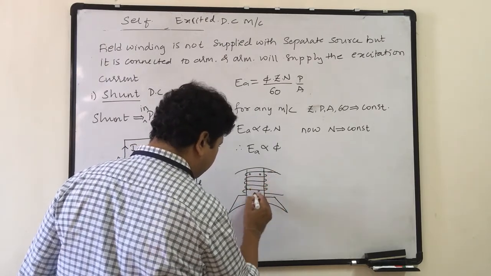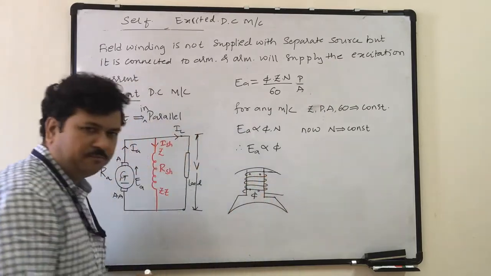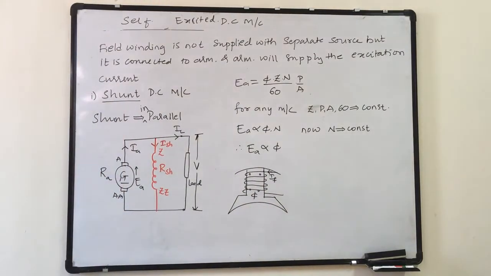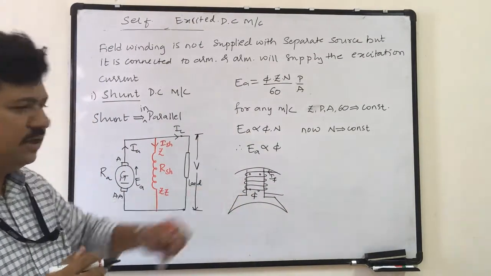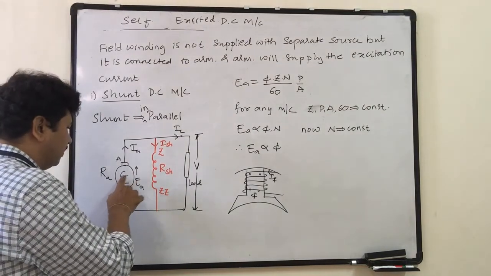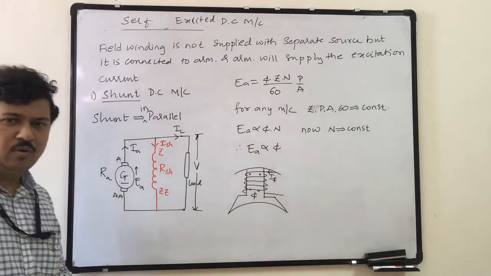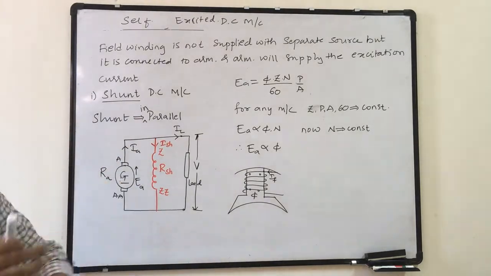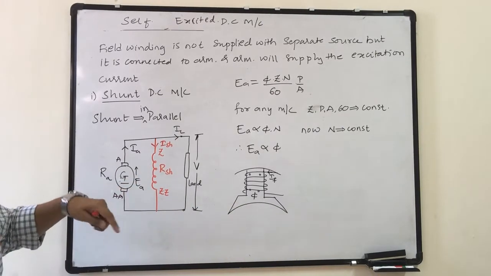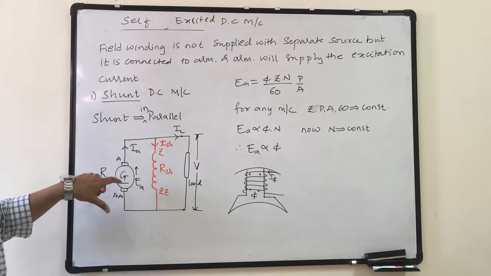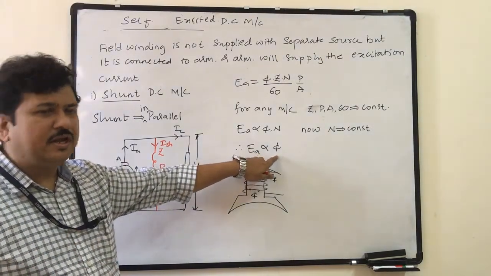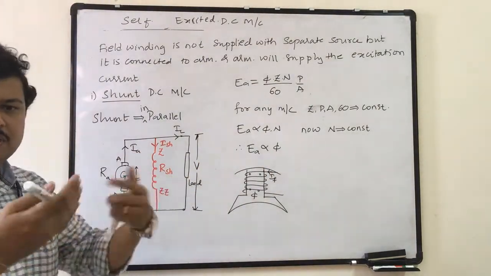Okay, so to produce this flux phi by this pole, there should be some field current IF, whether it is shunt, separately excited, whatever. To produce this flux phi, I need some field current IF. But initially, the current to this field coil will come only when the armature generates current, and the armature will generate only when it gets the flux. Now without flux, the armature will not generate, and without current, the field will not produce the flux.